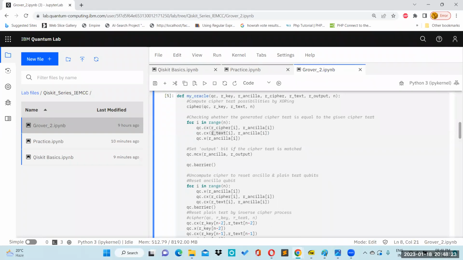So we have to apply XOR with text and ancilla. Okay, so this is the NOT gate. Simply apply the NOT gate. Now the main thing that I have said is that whenever a match is there, we have to negate. So how do we check that a match is there? That means the output. Say the output is what? Output means